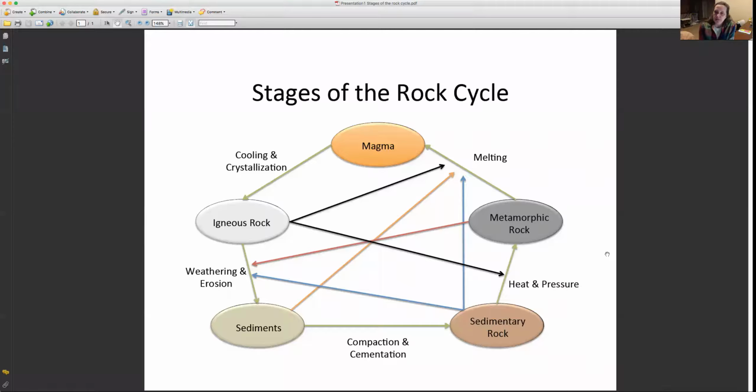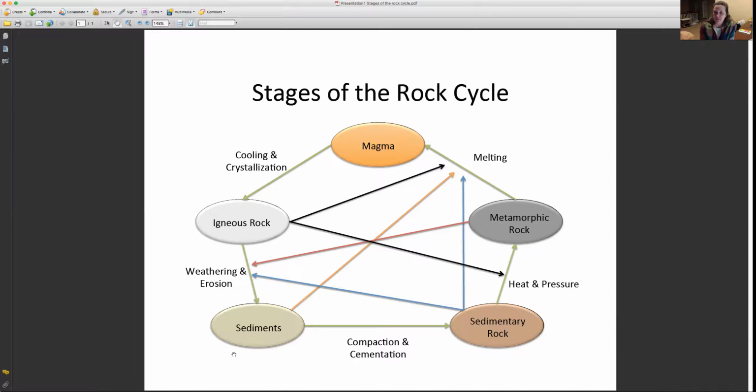Now, we're going to look at the rock cycle that includes these three rock types. So, if you take your rock cycle handout and we're going to look at it, and if you can see here, the three rocks are on here. You have your metamorphic, your sedimentary, and your igneous. You have two other things. One is magma, and the other one is sediment. So these are the 5